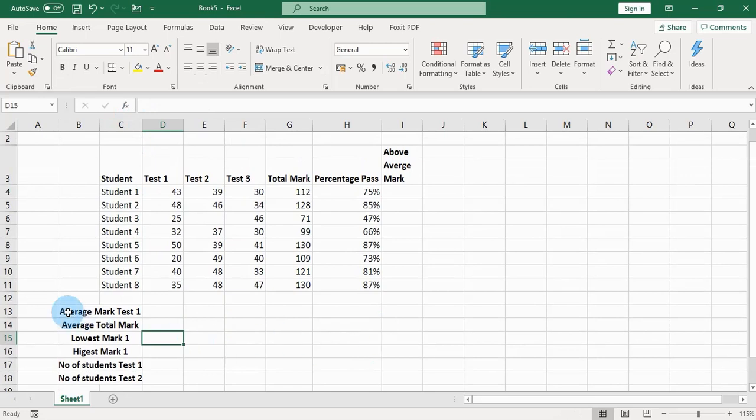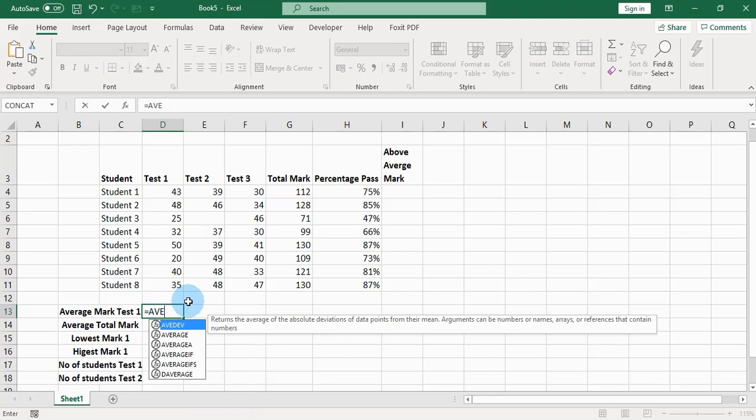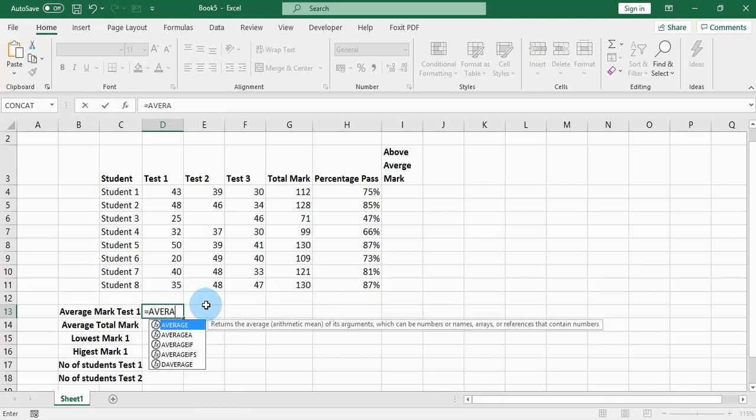So right now I want to calculate the average mark for test 1. I'll click here because this is where I want to calculate, and then place my equal sign, as you can see there, and spell average. You need to know the formulas of Excel. So here I'm going to type in average,